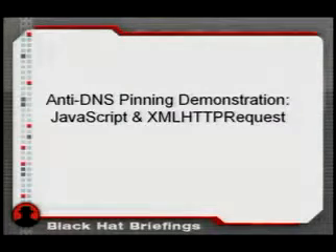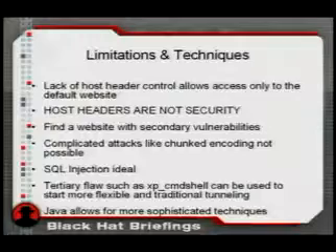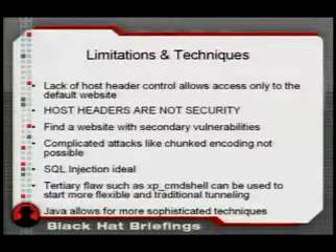Now, those of you that were paying close attention may have noticed something that I failed to mention earlier, intentionally so. Remember that the XML HTTP request object can only communicate with the origin server. And the origin server has to be on an attacker-controlled domain in order to perform that DNS switch, which means that when XML HTTP request reaches out to the victim server, it's going to be using a host name and a domain name that that web server has never seen before. On most web servers, that means that only the default website will respond with good data.